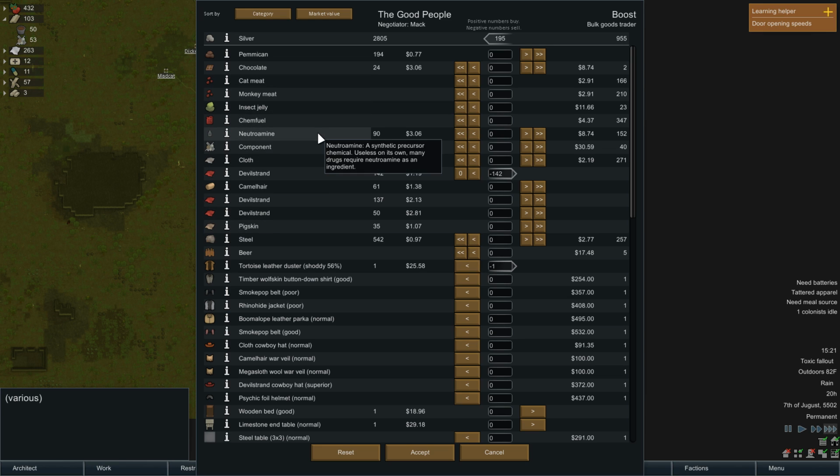What do I want? Well, I might want the insect jelly, or the meats, so we can make finer meals. Oh, you know what? I could sell some of this cloth. Seriously, there's a whole bunch of it, and people don't seem to like using it too much. So, negative 250. There you go. That'll give us a nice bit of money, and